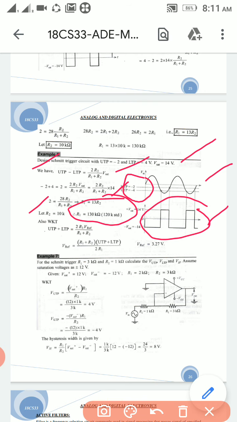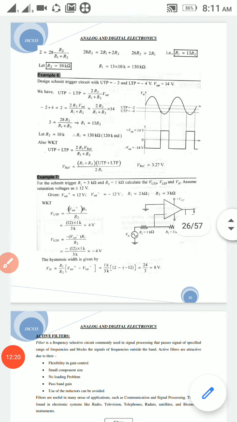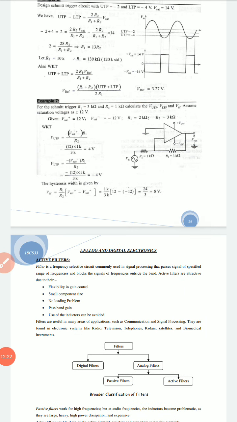You should know this one, because all the remaining values will be given. Just substitute and find out the values in all the problems. It should be the same case. Okay. The previous problems you can look back at, and the same things will be there. Okay. Moving to the next problem. Okay, this is the last problem in this Schmitt trigger.